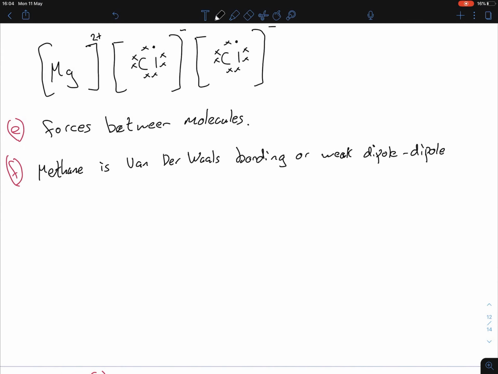Methane is CH4, so carbon and hydrogen. So hydrogen is 2.1, and the electronegativity value of carbon is 2.5. The difference